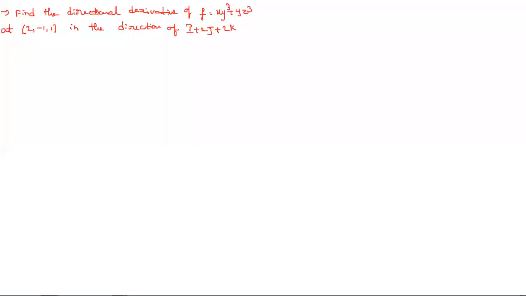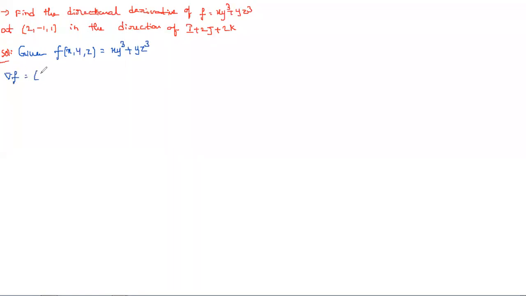So directional derivative, so very important one. So directional derivative of the function, this is the function at the specific point and in the direction of this one, we need to calculate that. So first we need to write given f of xyz is equal to xy cube plus yz cube, and now you can find del f. So what about del f?